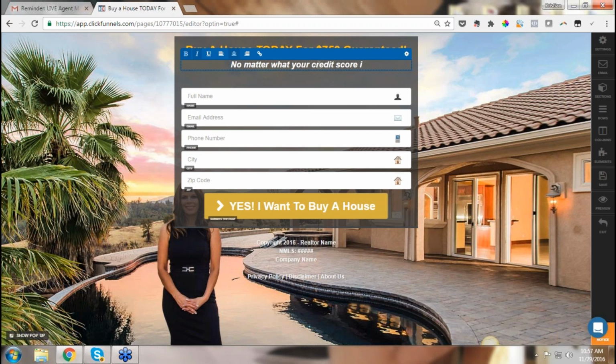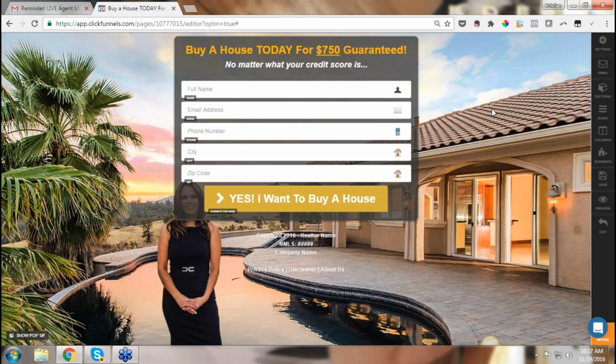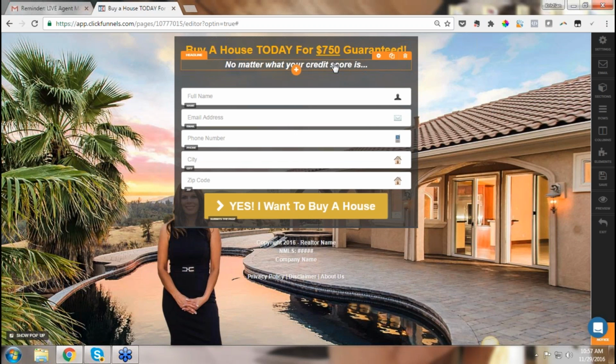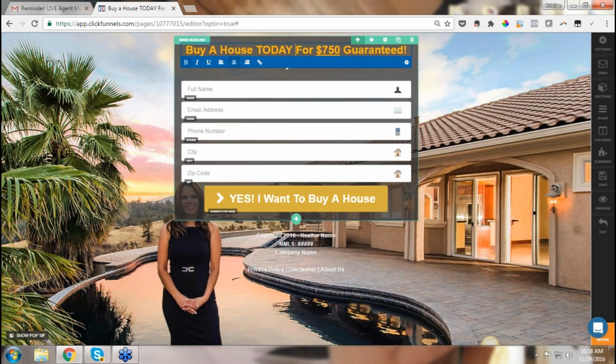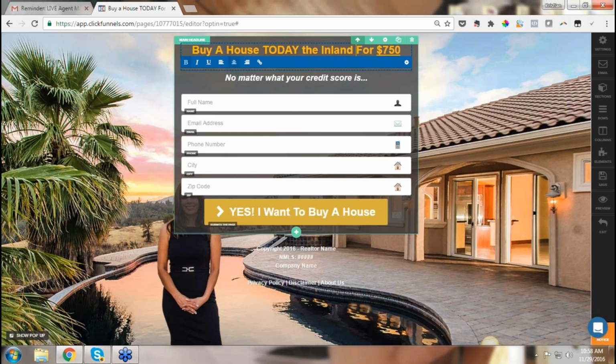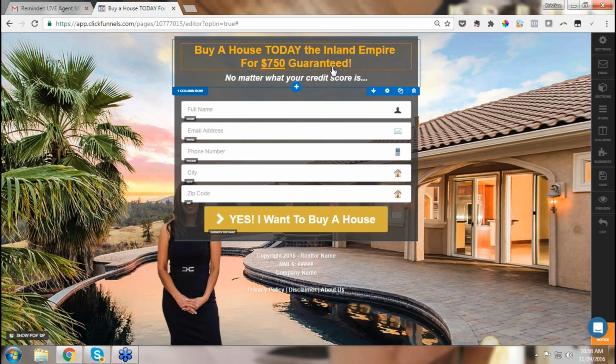Okay, well if I'm somebody that has bad credit, this is gonna interest me. But we might even get more specific and say buy a house today in the Inland Empire for $750 guaranteed.